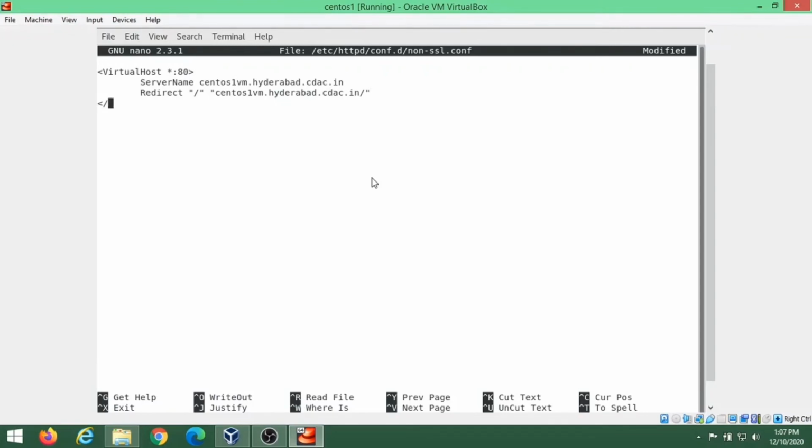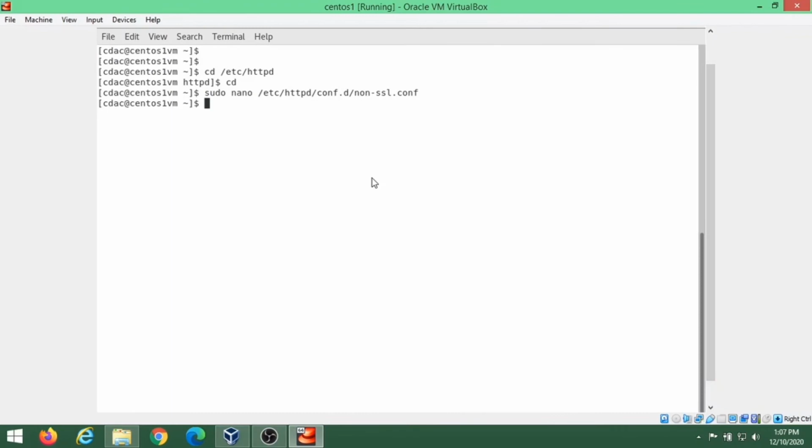We'll end this virtual host with /VirtualHost. We'll save the file.